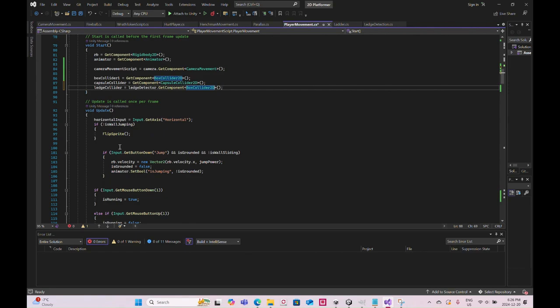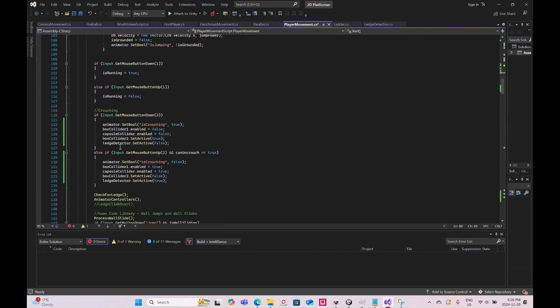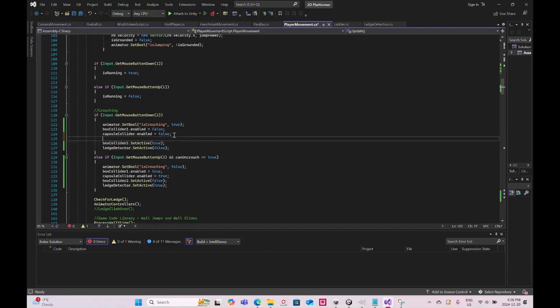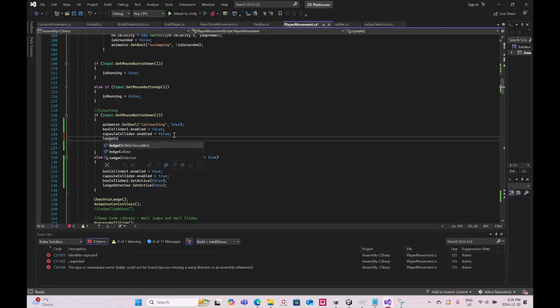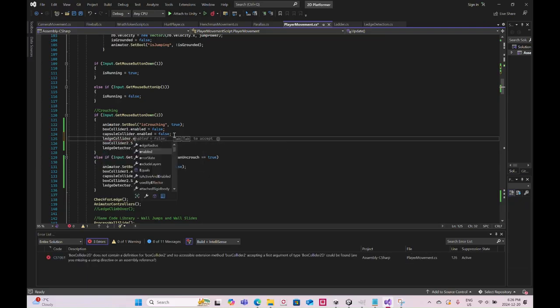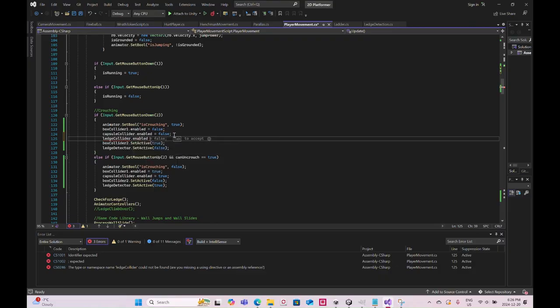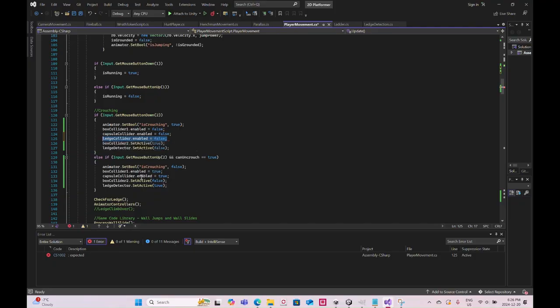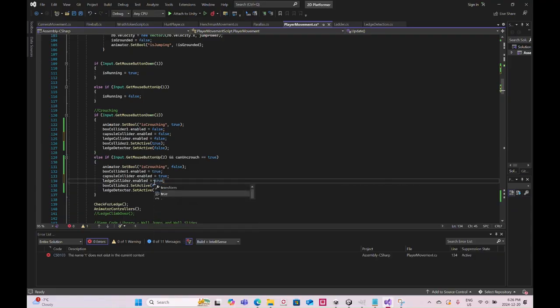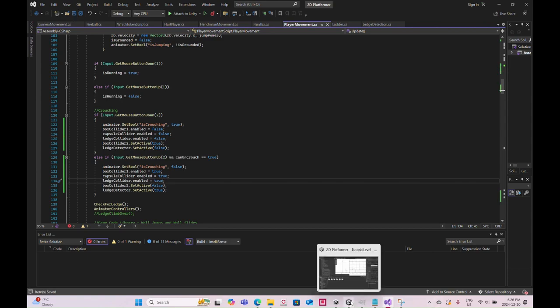So ledge collider, which is a new thing I created. And then let's set back to true when he's not crouching. Okay, I'm going to try this, and if it doesn't work, then